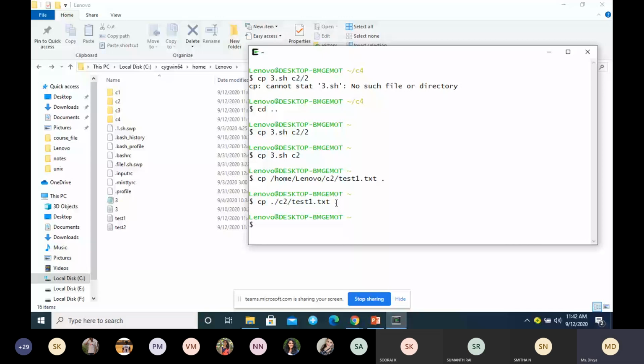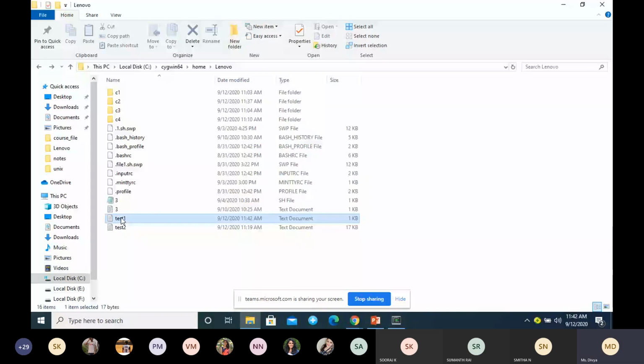And the next one, how to copy more than one file to a particular folder. Now I would like to copy some files to the C1 folder. C1 folder is empty, correct? Right now it is empty.